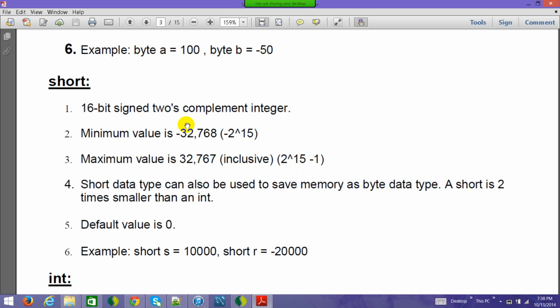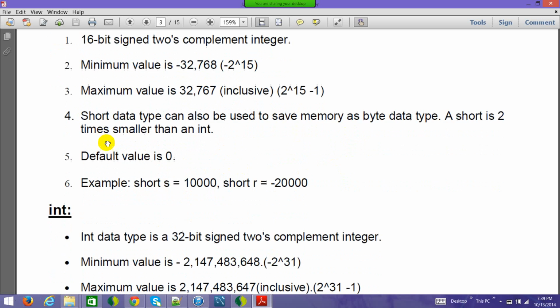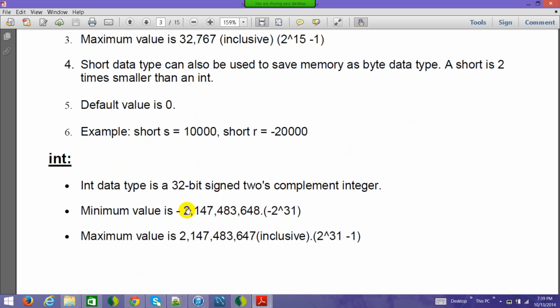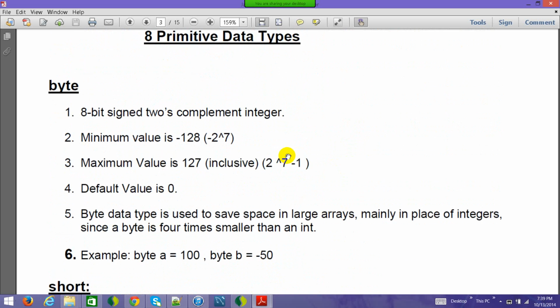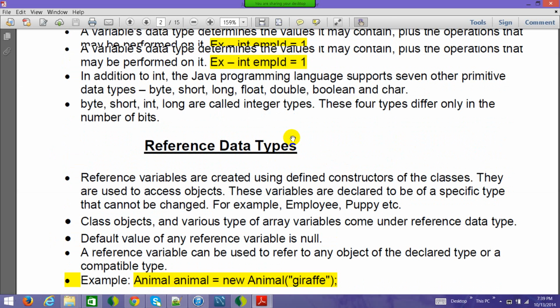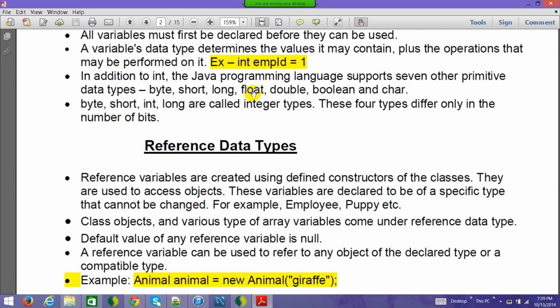So if you're sure that your data will vary between these two numbers, it makes sense to use it, because it's smaller than other data types which support numbers. And the other data types which support numbers, if you go above and see, are short, long, float, and double. Short is 16. Okay, right? And I think I missed int here.